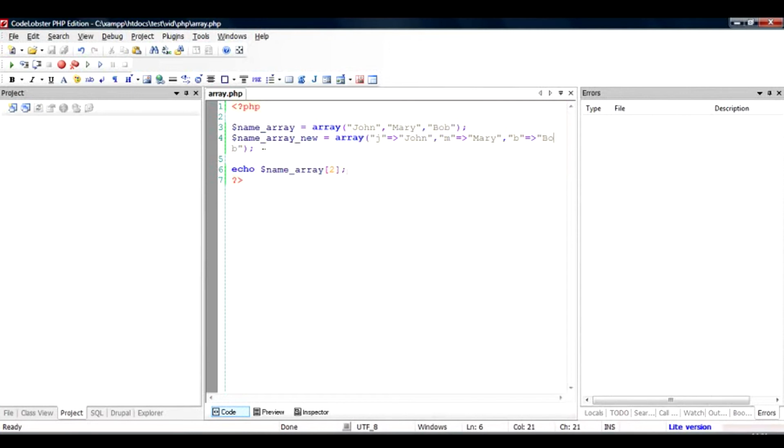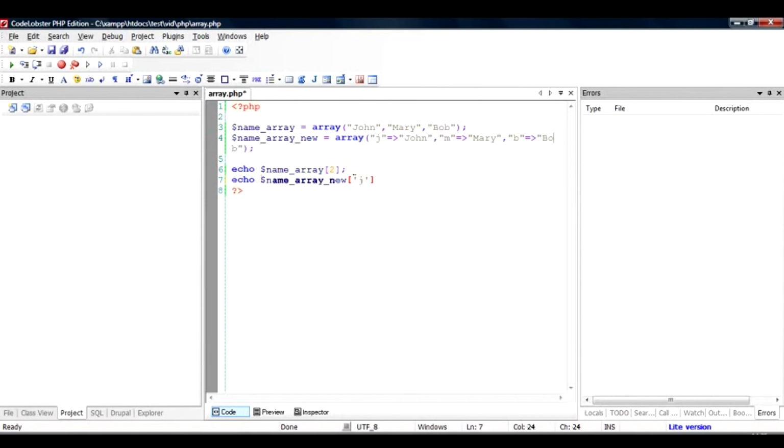If we are aware of the keys and want to use them instead of 0, 1, 2, how do we go about it? We type in echo and the variable name, and instead of 2 we use a single quote and another single quote or double quote, whatever is fine with you.